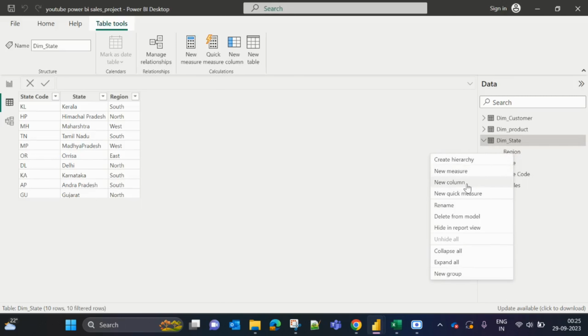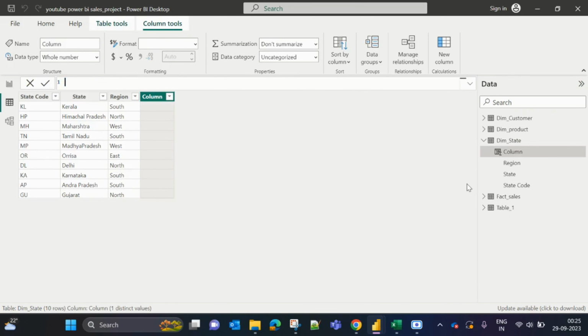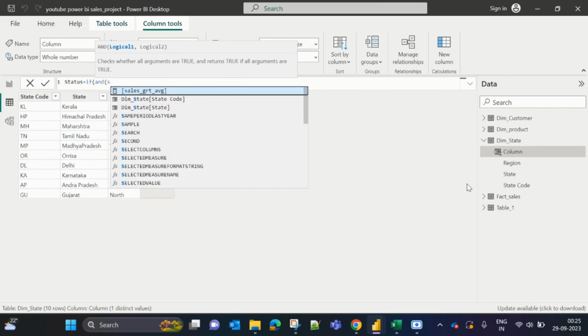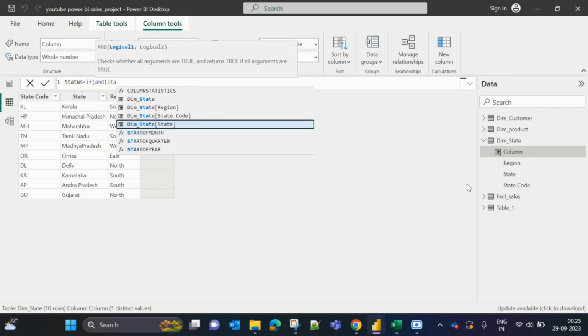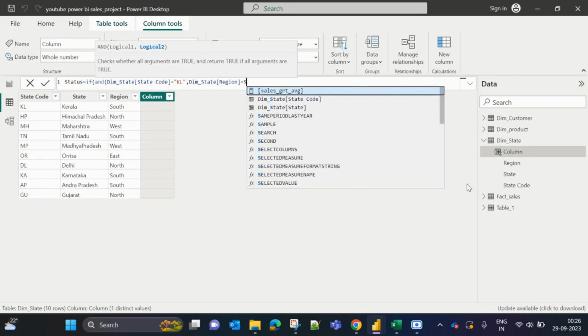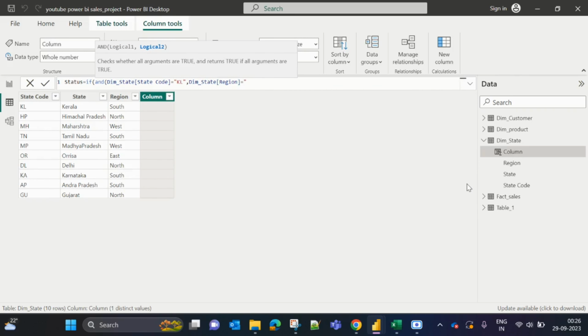Okay, so I'll again right click, new column, and I will write status. Status equal to IF. Okay, IF and AND. State code is equal to KL, comma, region equal to, under double inverted commas, south, close the bracket. So logic 1 true, logic 2 true, both true, and from this AND condition we have